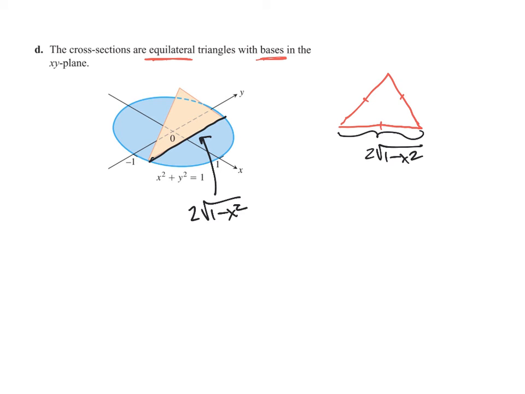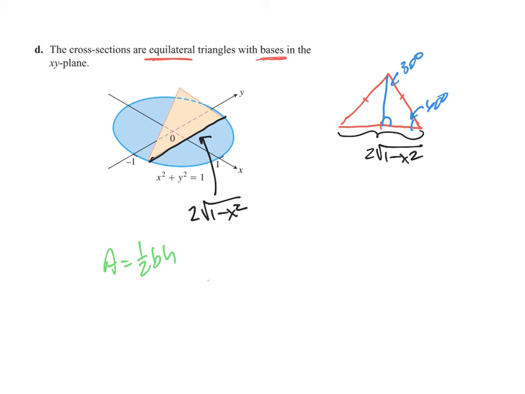Now, to find the area of a triangle, remember from geometry class, area equals 1/2 base times height, right? So we know the base is 2 times the square root of 1 minus x squared, but how in the heck tall is this thing? Well, because these are equilateral triangles, this angle here is 60 degrees, and this one is 30 degrees when we drop the